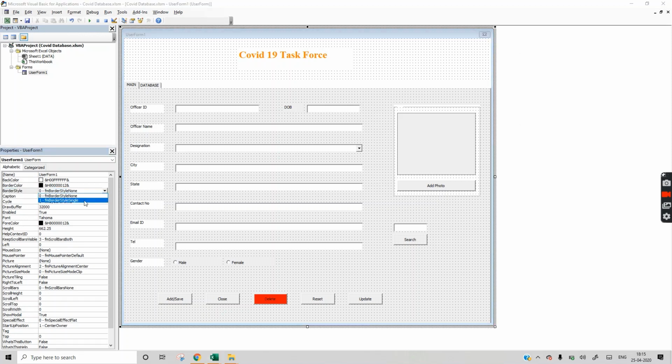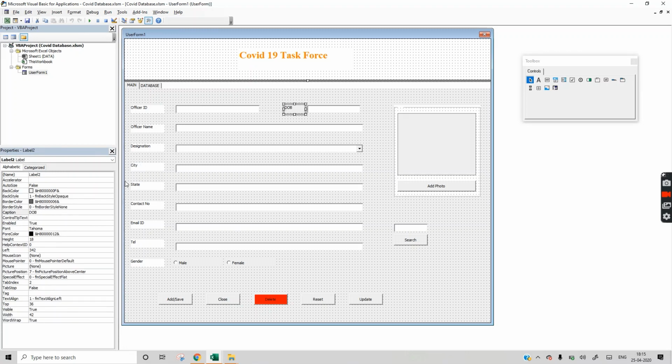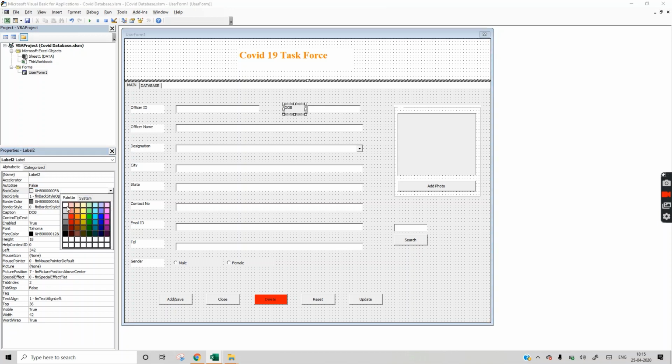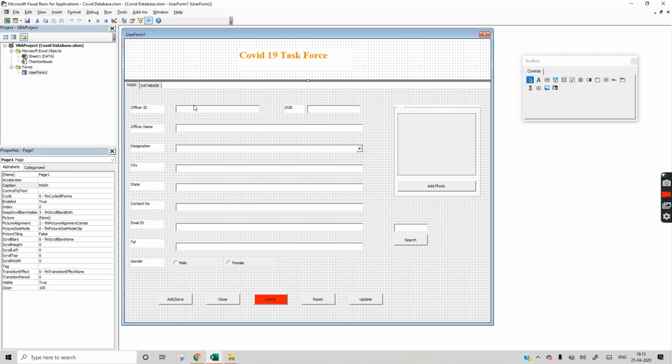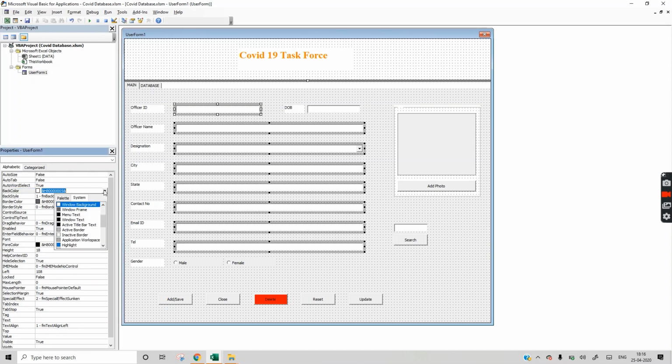We can change the border style from here. And we can change the text box color also. We'll select all. We can change it to light orange also, anything.